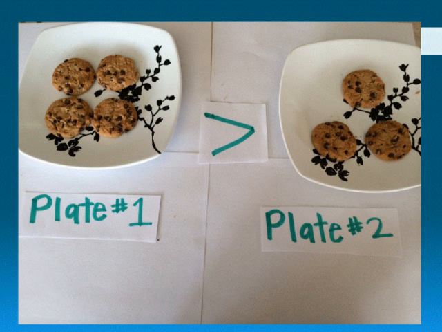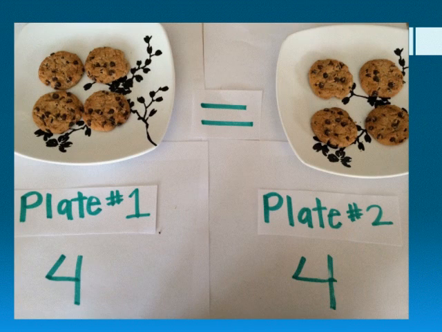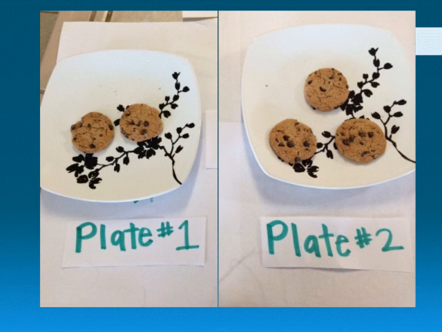If you were to add 1 cookie to plate number 2, this would mean that both plates have 4 cookies, the same amount on each side. So now, you would have to put an equal sign in between. 4 equals 4. Now, if there were 2 cookies in plate number 1 and 3 cookies in plate number 2,